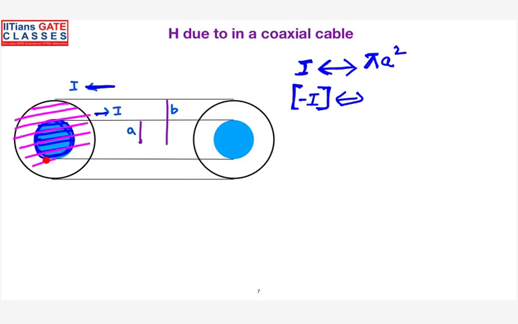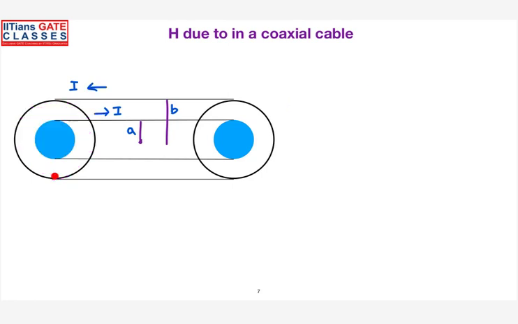Is it clear? This is the same kind of analysis we have done in electrostatics. If we have a non-metallic solid sphere and consider a Gaussian surface inside, there you have seen the ratio of the volumes. Similarly, when you are talking about the current, you have to consider the cross-sectional area. So finally, the current carried by the inner conductor is I in a loop area of pi a square, and the outer conductor carries a current of minus I in a loop area of pi b square. Now we'll take the cases one by one.